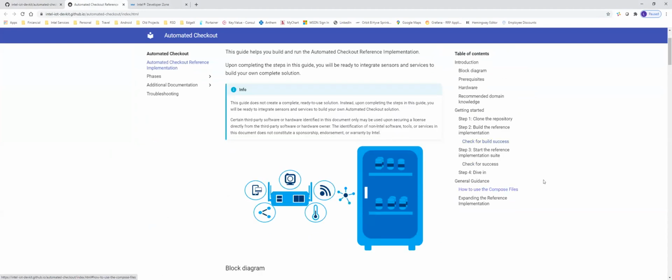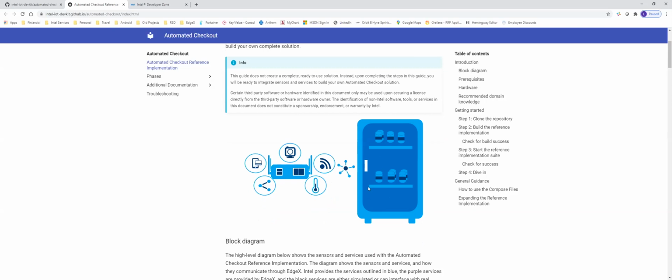So what this reference design is demonstrating is the art of possible with a cooler that you can do automated vending from. Okay, so here's our cooler stocked up with some product. There's a lock on the door that's got a controller board connected to it that is being controlled from app services and commanding via EdgeX command services